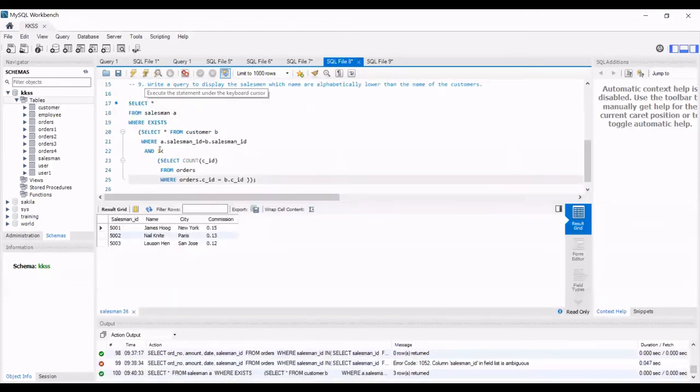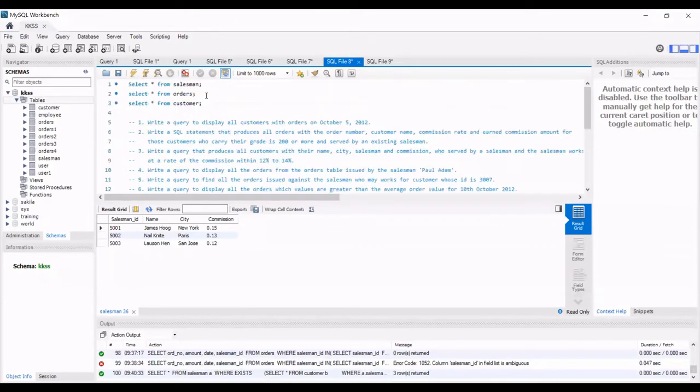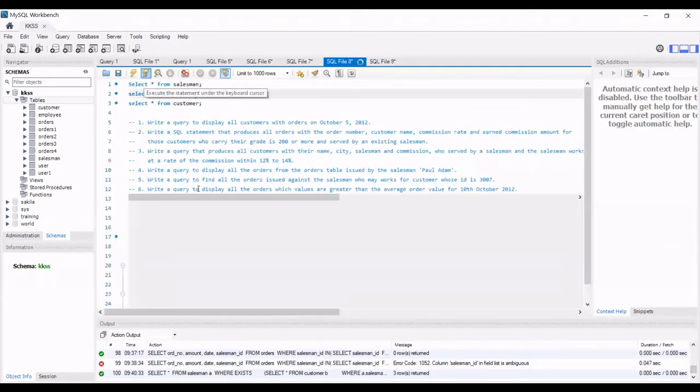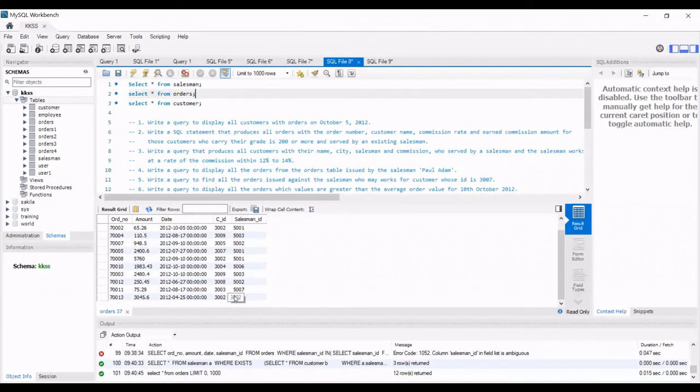So we have 3 customers, James Hogg, and 3 salesmen. We can check with the order table. For customer ID 3002, the salesman is 501, and he has 3 orders.